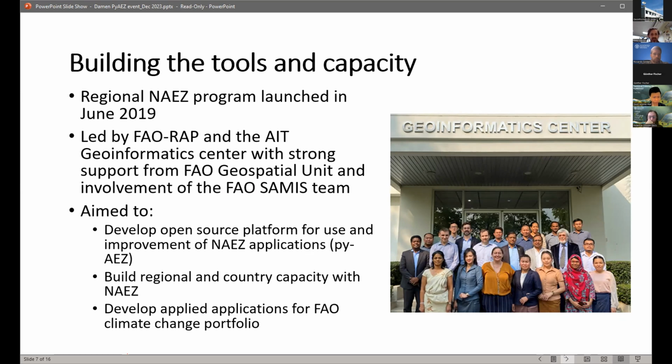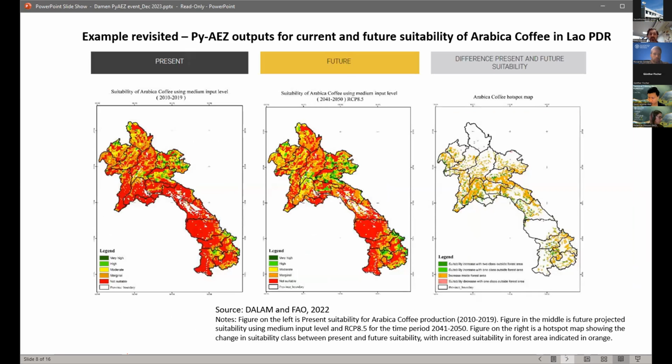There has been a lengthy process to develop PyAEZ, also to work with stakeholders at the regional level and in country, to develop potential applications. In the context of Laos, as Kiripon I think showed earlier, we were able to use the PyAEZ tools and analysis, combined with climate change downscaling work done by the government, to recreate and enhance the AEZ analysis using different climate change scenarios for Laos.